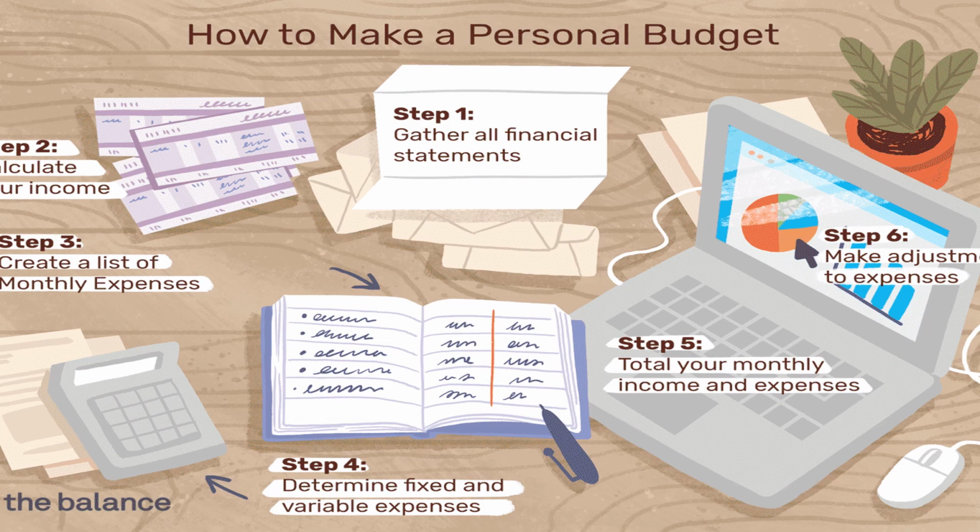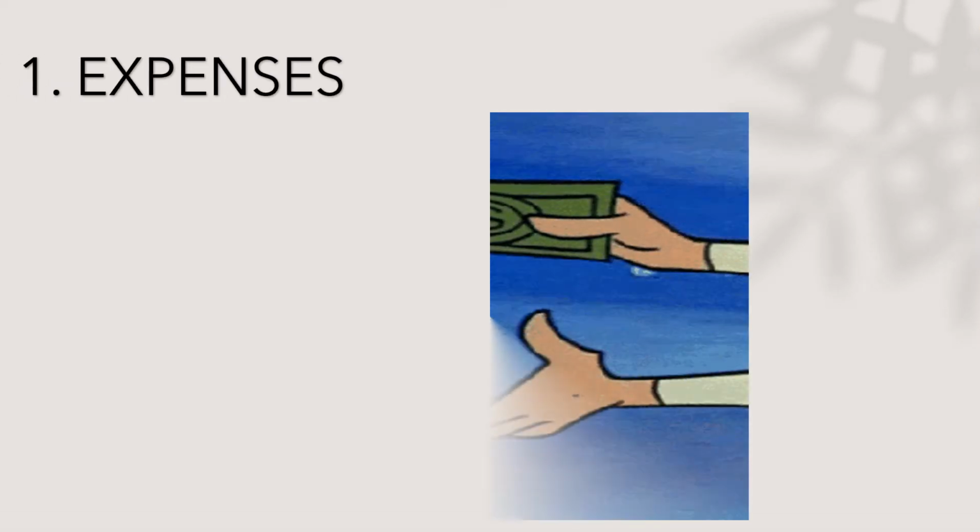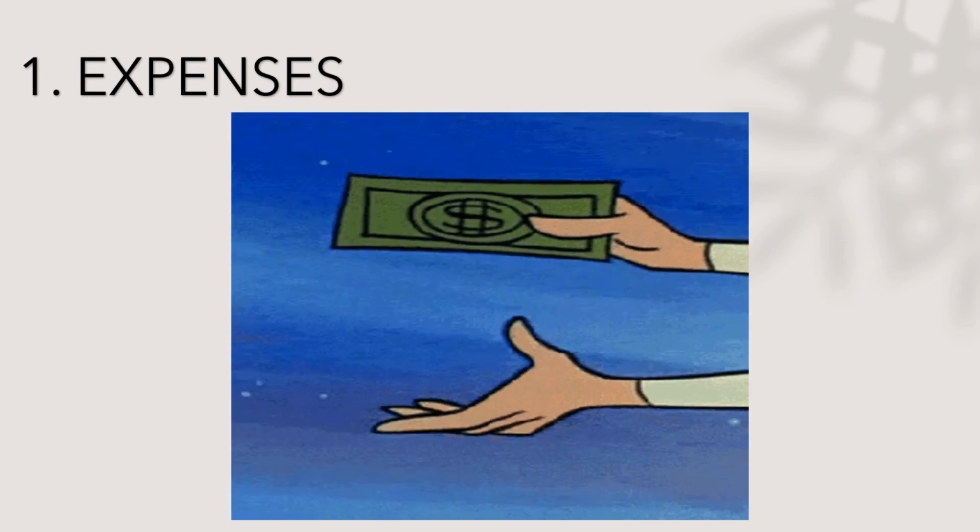We should always be careful in considering the variety of factors that is required when budgeting. We should always look at other things that could affect our budget. So let us look at the different factors that may affect the way we make our budget. So the first one that we need to consider is expenses.